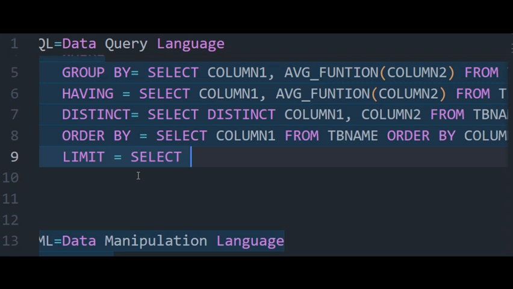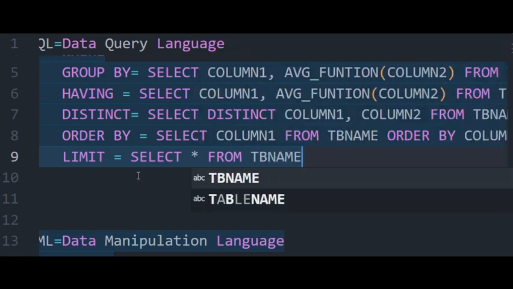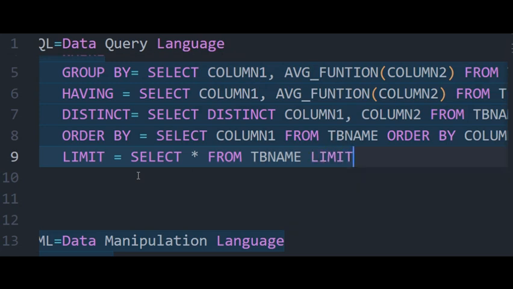In this case we haven't seen this asterisk; the asterisk selects all the columns. FROM then here we can provide a table name, and then we can use our command, which is LIMIT, and then you can provide the number that you want to limit to. So that's all about